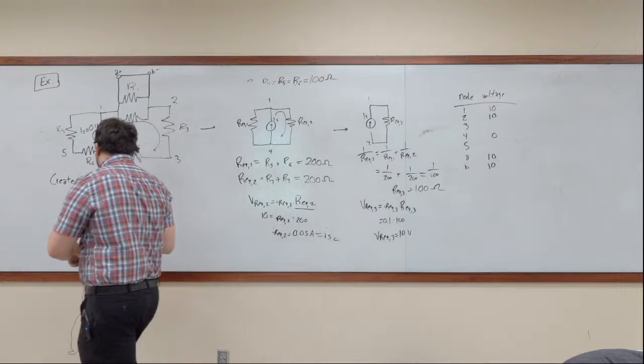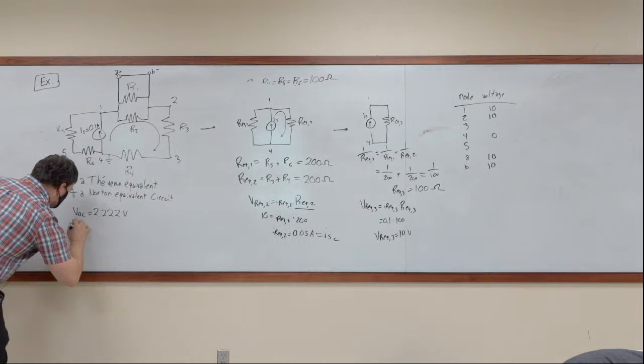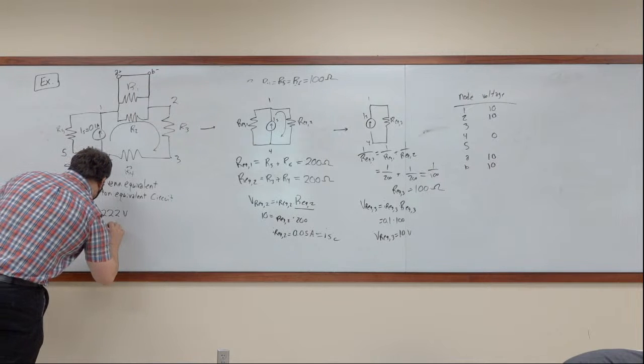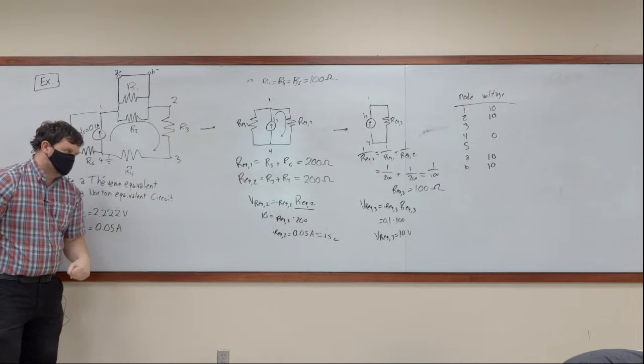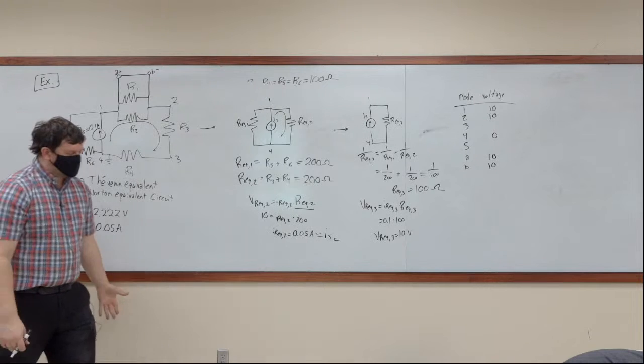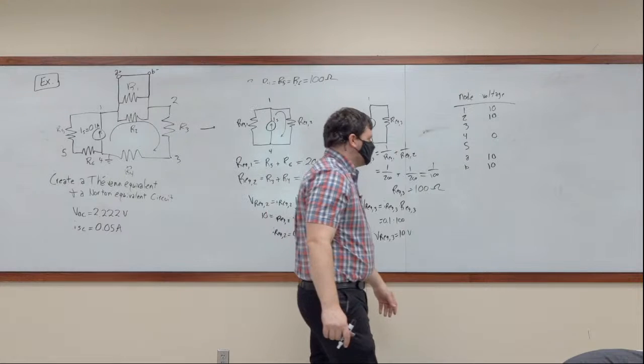And I'm going to go ahead and write that over here. VOC is equal to 2.22. ISC is equal to 0.05 amps. Okay? So when we go to construct our Norton and Thevenin equivalent circuits,